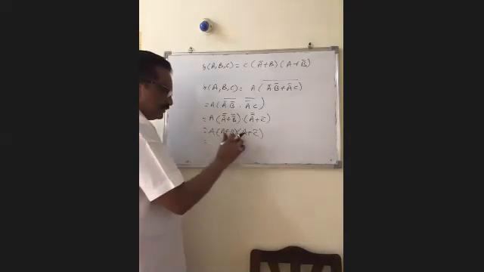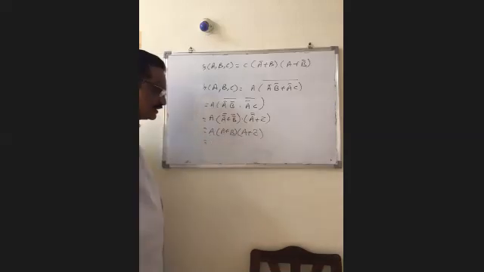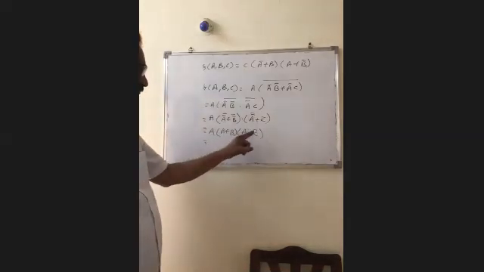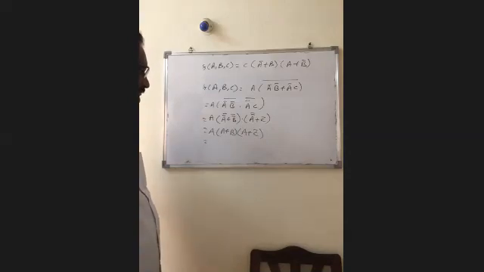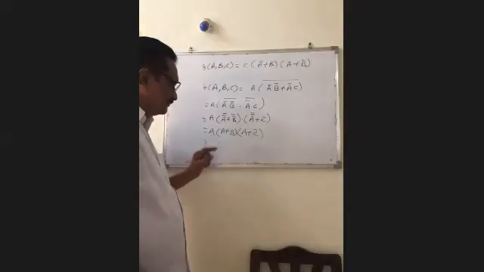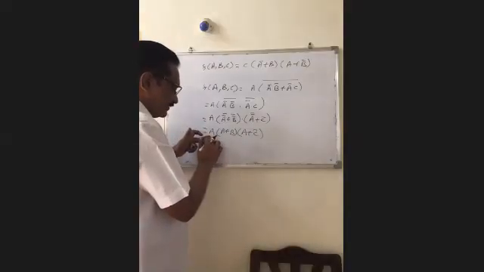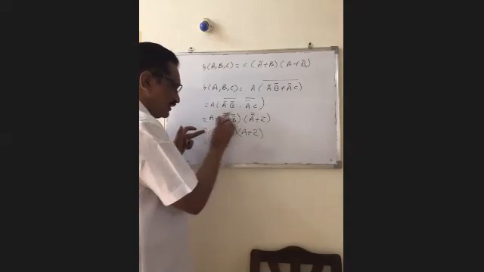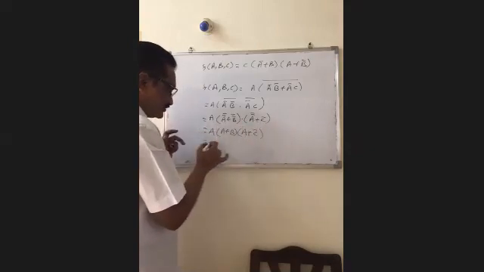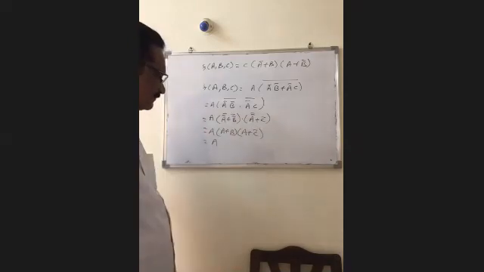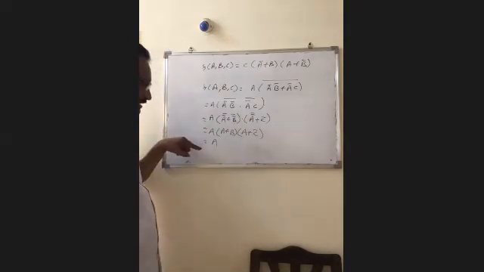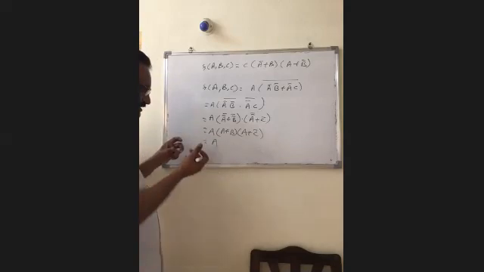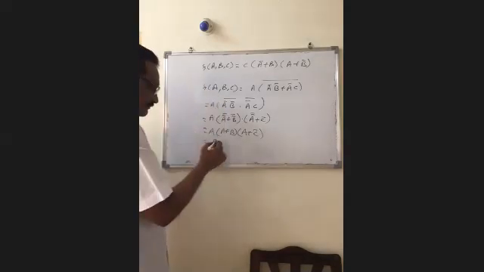Similarly, A into A plus C bar is also equal to A only. And for example, write A as A into A. So A into A plus B equal to A, A into A plus C bar is equal to A. So write simply this one is equal to A. In this one, how many variables are missing? Only two variables. So to convert it into canonical form,